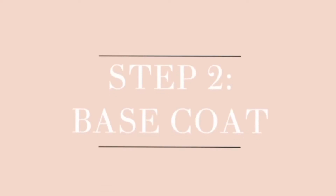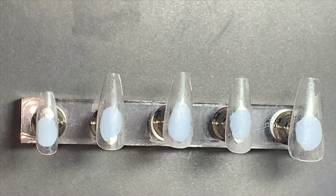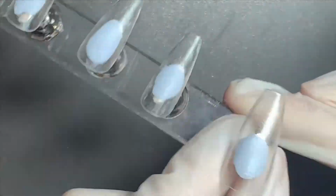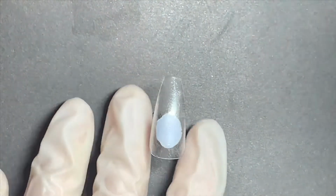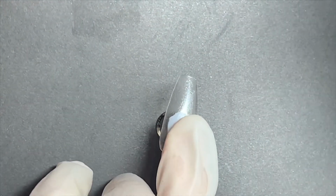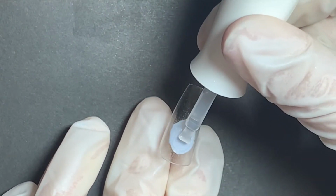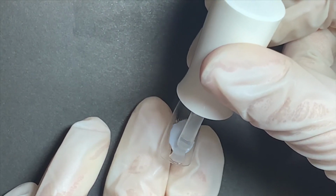Step 2 is base coat. I'm using my rubber-based gel by Charme. I'm painting one nail at a time. My technique for this is to put a dot in the center of the nail and then push that dot down to the base of the nail and then